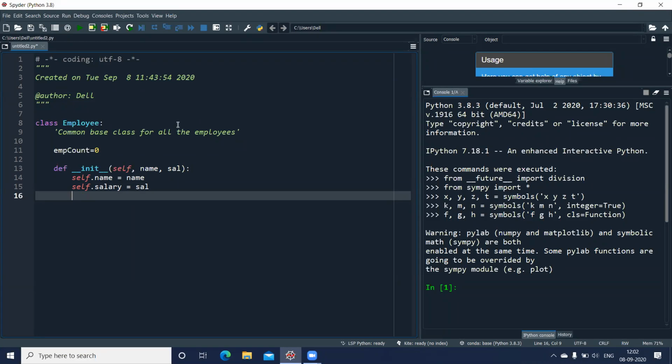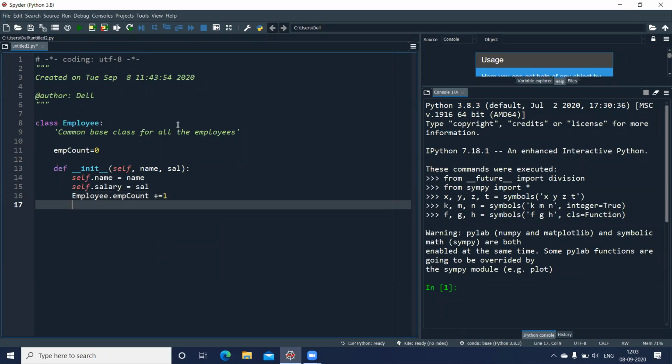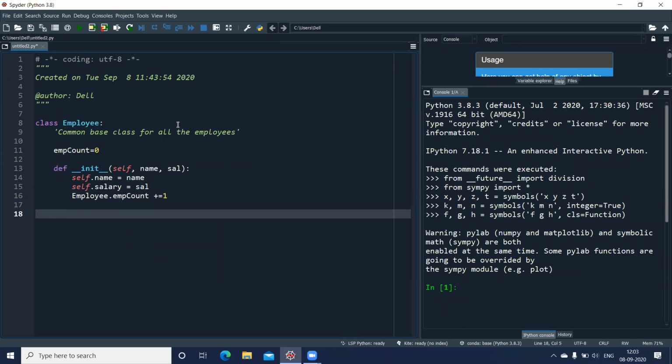Now to access the class variables, I have to make use of the name of the class. So what is the name of my class here? Employee. So I'll use employee dot and the name of the variable, EMP count. Now this I have to increment by 1, so I'll use plus equal to 1. This completes my definition of the constructor init.